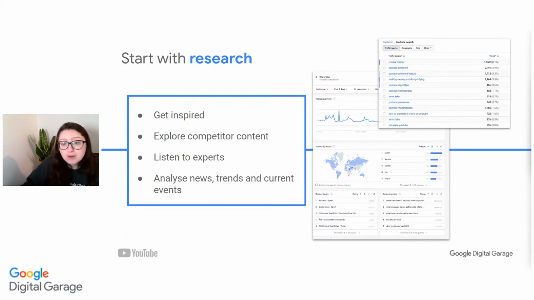Now, we've mentioned that Find My Audience tool, which is a great tool you can get started with here. There's also another tool that we've got screenshots of on the screen called Google Trends. This is, again, a free tool that you can use to start tracking the popularity of various search terms, not only over a period of time, but also within a specific location.